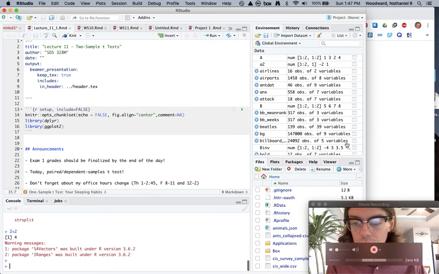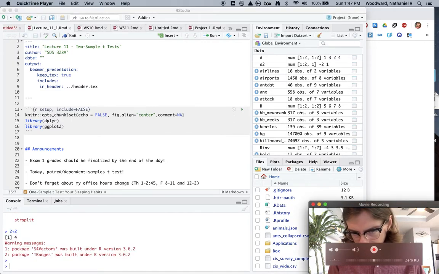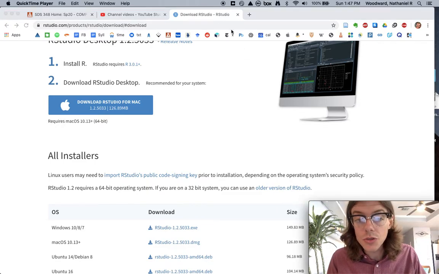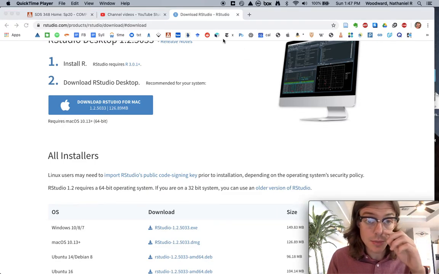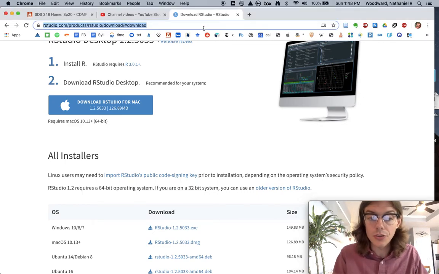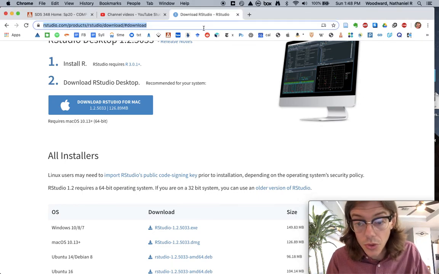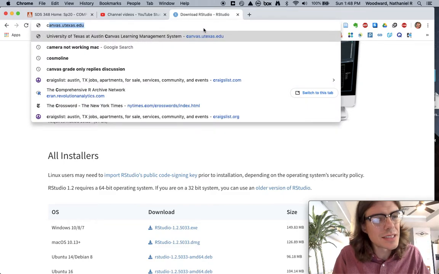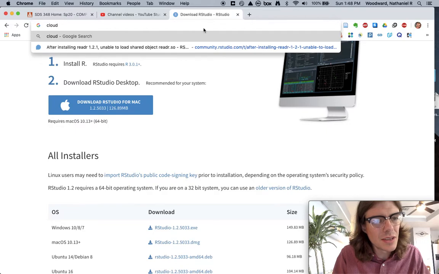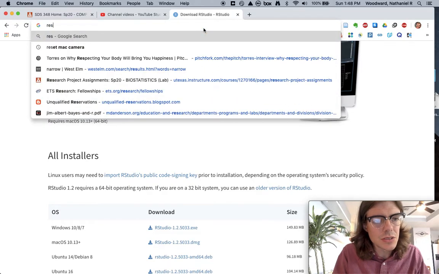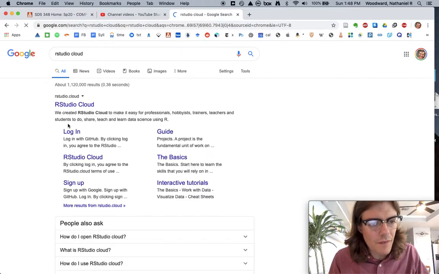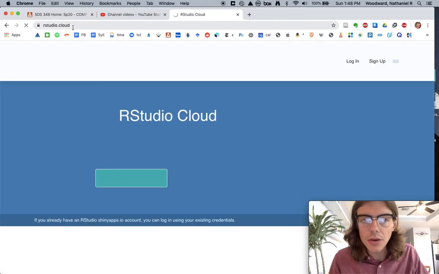Oh, I wanted to also show you. Sorry. There it goes. Wanted to also show you, in case you're having some kind of issues with this, you can also access RStudio online totally for free. Just go to, I think it's Cloud. Let me just search RStudio Cloud. Cool. Yeah, it's just rstudio.cloud. If you punch that into your